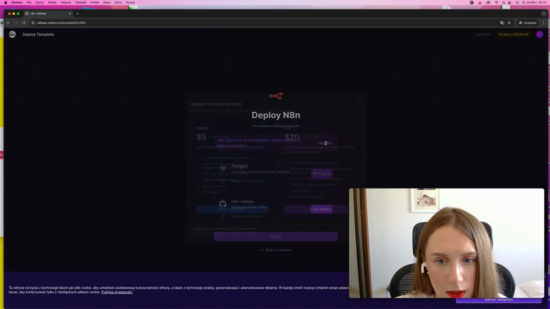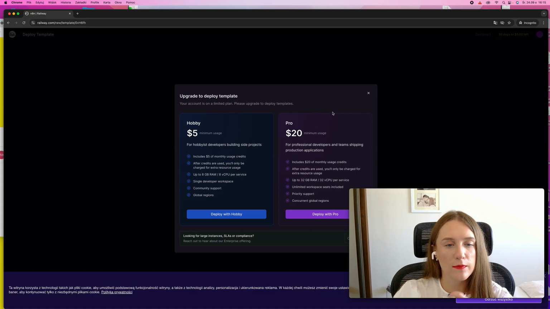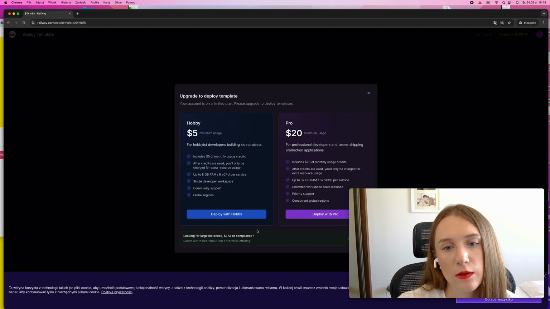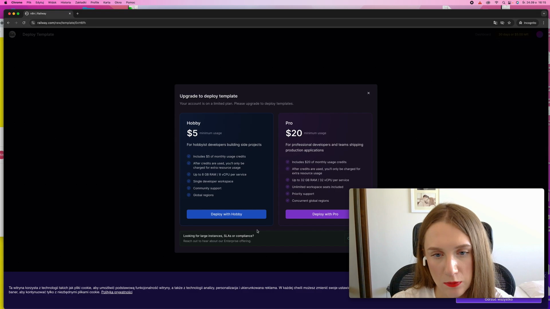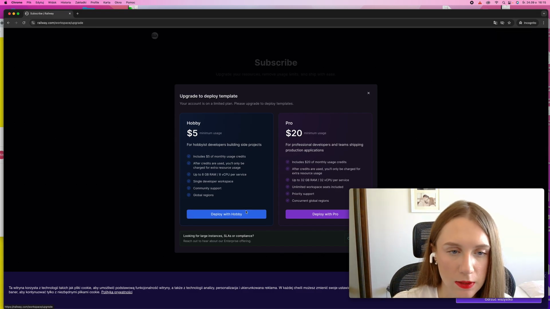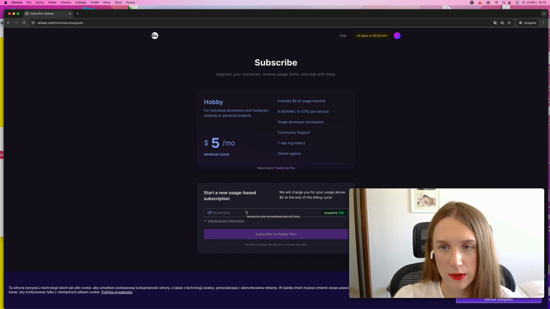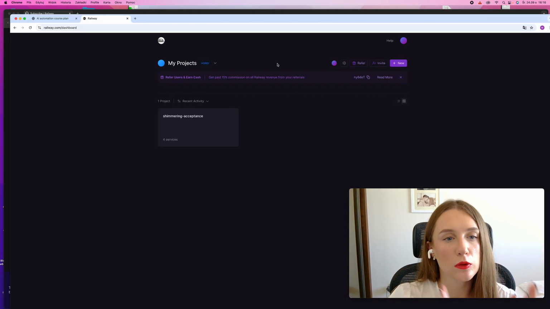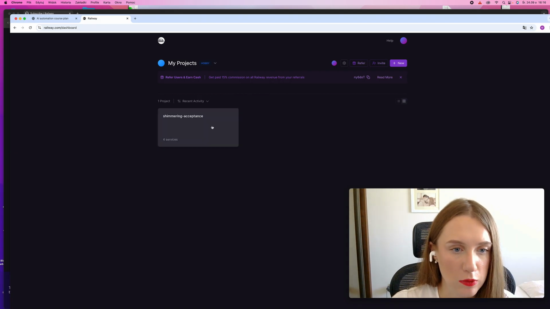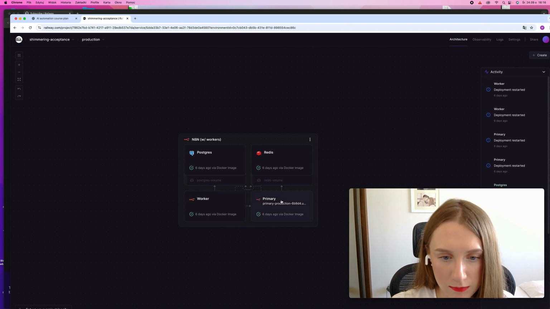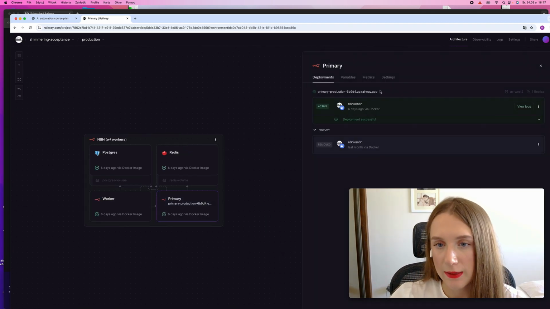In order to use Railway, you have to pay $5 and then your account will be ready. I am still on the hobby plan and I think that is perfectly fine. If you want more, then you can use the pro plan, which is $20, as you see. So we click here. Of course, add your card information and then your plan is ready. After you pay, you should go to My Projects and then you should find one project. Then you will get something like this. You need to click on the primary. This is where you will find the link to your n8n. And then when you click on that link,